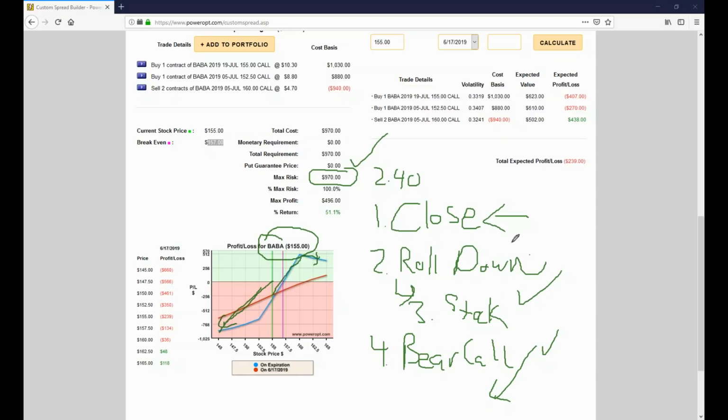All right. So off the top of my head, those are the first 4 that I would consider. It's really 3, but those are the first 4 you consider. If you can't find a stock repair, look at rolling down, averaging down, and then analyzing the stock repair to maybe put you in a better situation. If you're bearish now, you may be able to just sell a lower call to create the bear call, but remember, in that case, the margin went up to